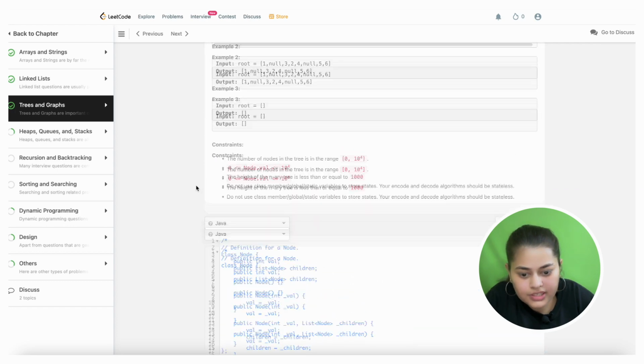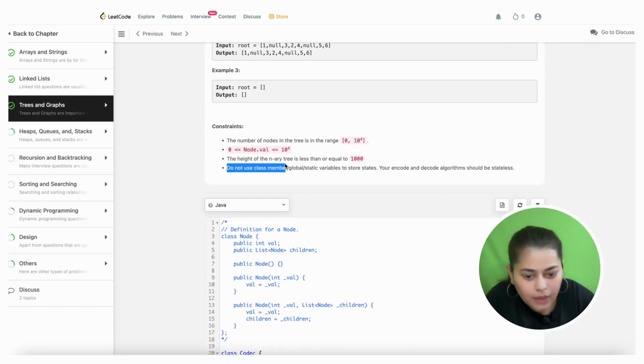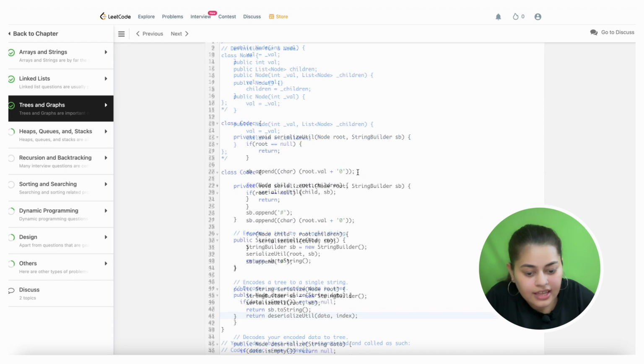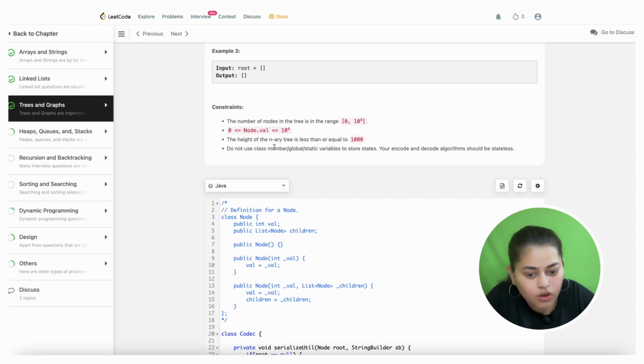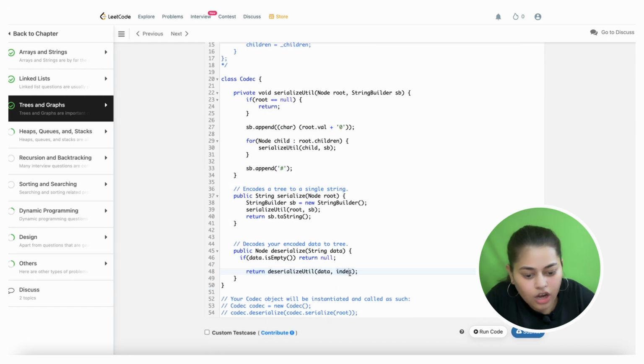Okay, so now if you see, do not use class member, global, static variables to store states. Your encode and decode algorithm should be stateless. That means we cannot use variables for maintaining the state. So other than this, what options do we have? We cannot use member variables, we cannot use global variables, we cannot use static variables. So now we are left with